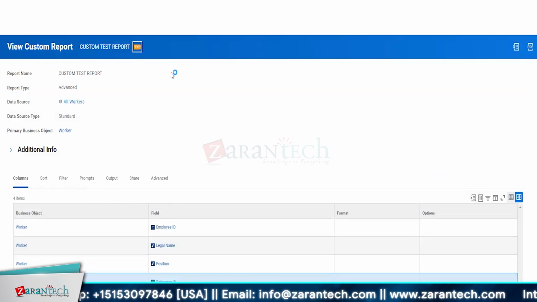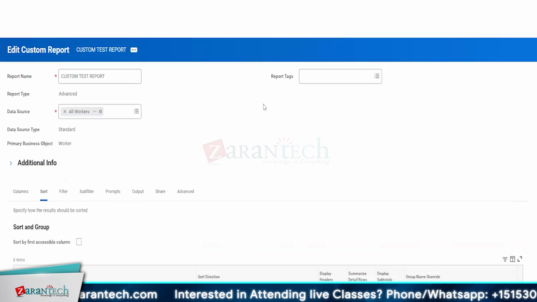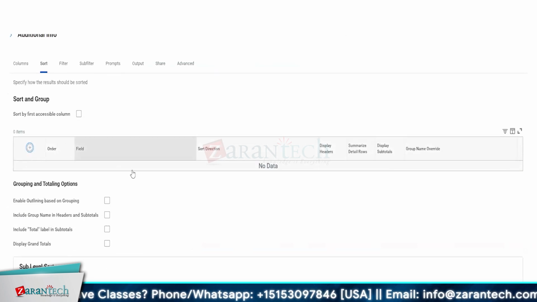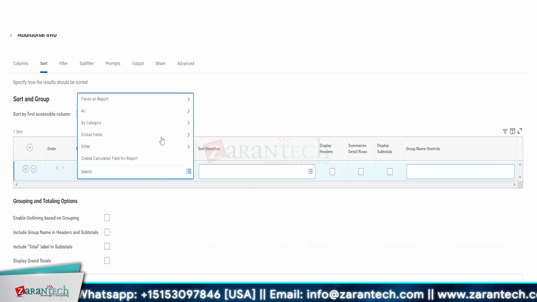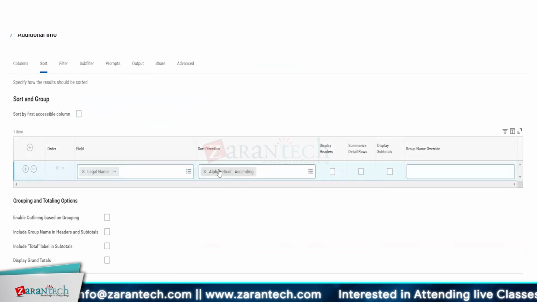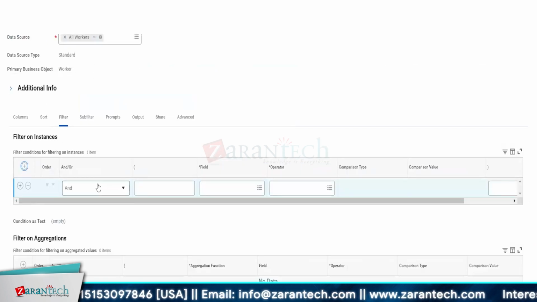Now, what additional changes or additional options do you have over here? If you want to sort the entire report, let's say you want to sort it based on the name of the employees. If I go here and select legal name, and I want it to be sorted in ascending order, you can sort the entire report in ascending order. If you want to add any specific filters, so let's say I want the list of report. However, I only want